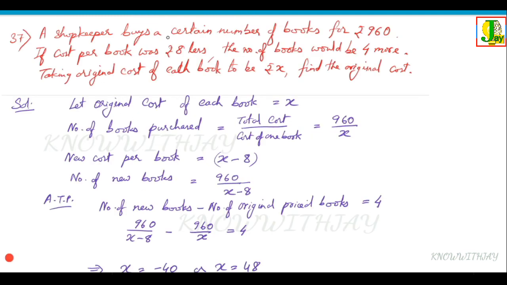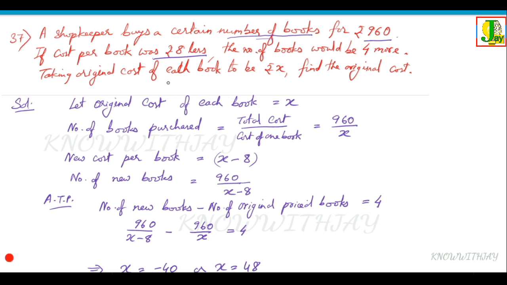In this question we have a shopkeeper who buys a certain number of books. The number of books we don't know. The total amount is given as rupees 960. If this 960 is divided equally among all the books, we can find the number of books. If the cost per book was rupees